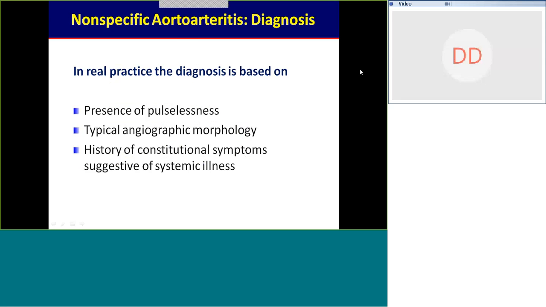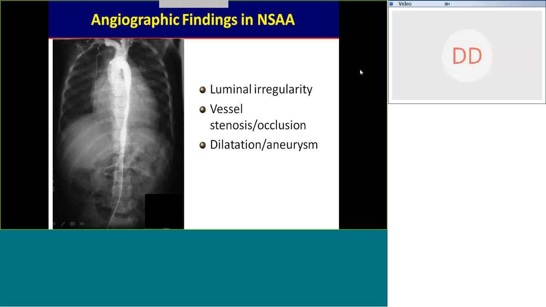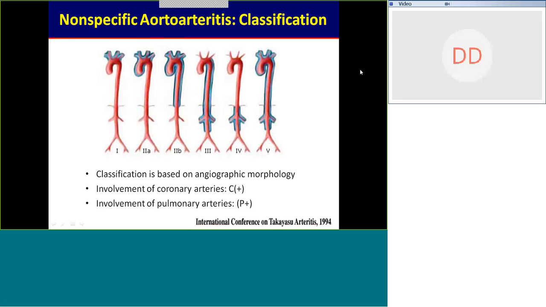It is more of a vasculitis involving almost all of the aorta and its major branches, but you can have absolutely normal areas in between. How do we classify? You must have heard about aortoarteritis type 1, type 2, type 3, type 4. So there have been several classifications that have been given. In fact, there is a classification given by one of our colleagues in India from Chandigarh, but conventionally we follow